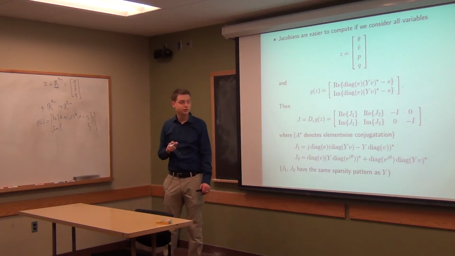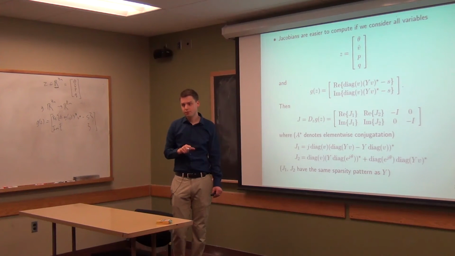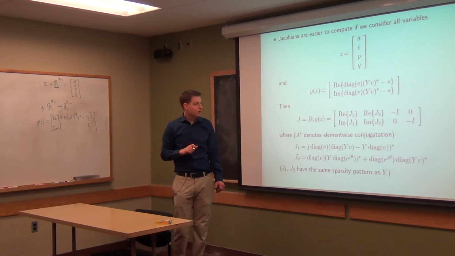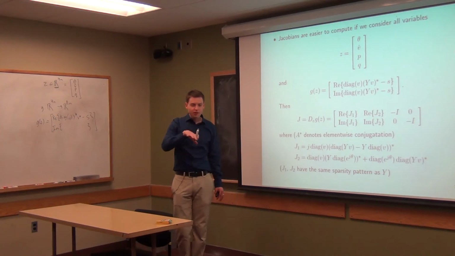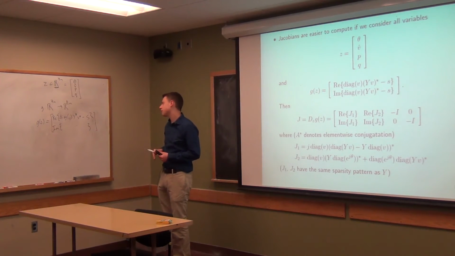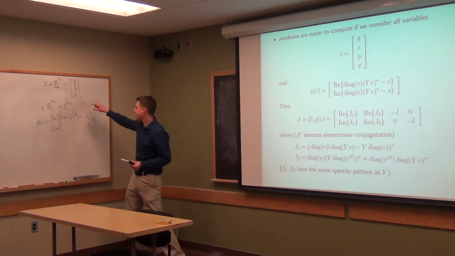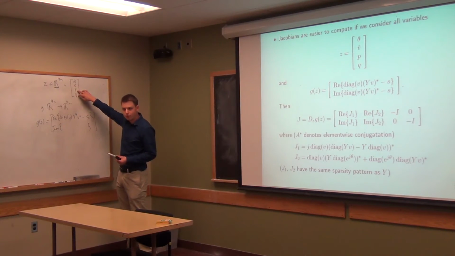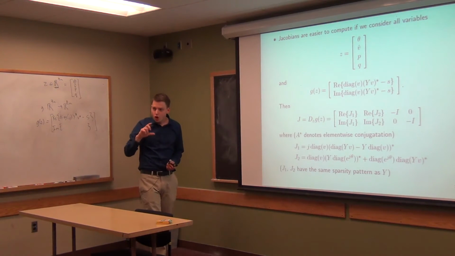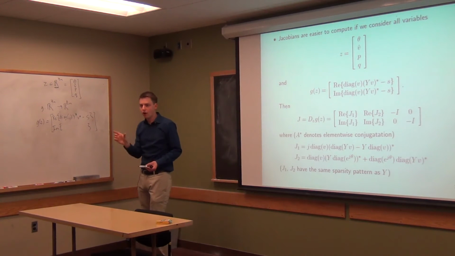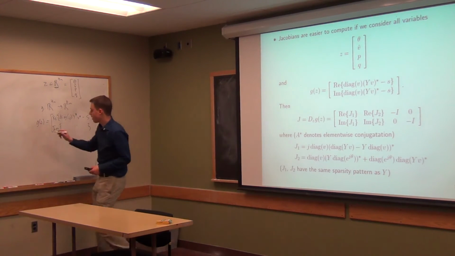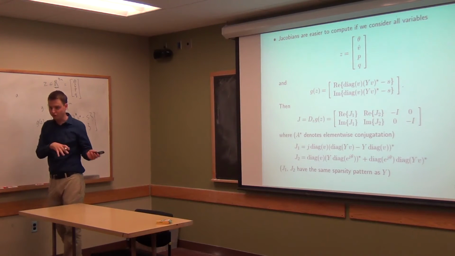Yeah? Wait, can you say again why it's better to do it this way? Why not use the complex form? Yeah, you actually could do it that way too. The thing is, you typically actually want in the end to get, well, there's a few reasons actually. The real reason is that things like power, it's easier to set what you know in some sense in this form. So what you know is you know some voltage angles, for example. If you write out a number in complex form, then you say, okay, my number would be, say, internally you have to do this in the computation too, if not in the actual